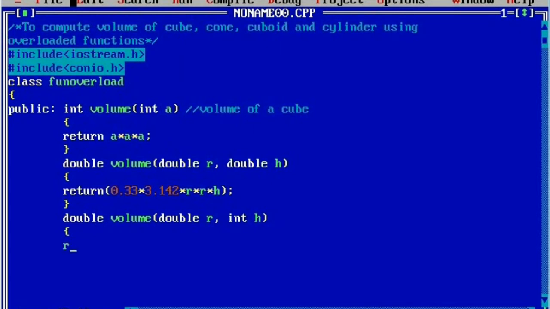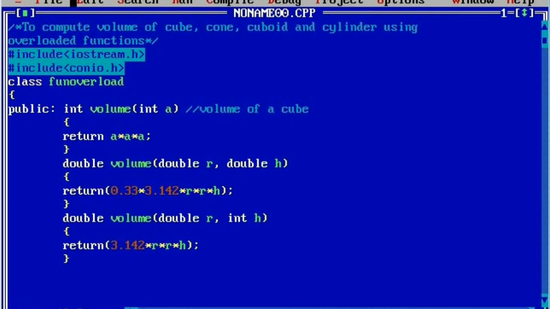Next we are going to return the volume of the cylinder, which can be determined by the formula pi r square h. So here the pi value is 3.142. Then we write r square as r into r, into h. Then put semicolon, curly closing brace.